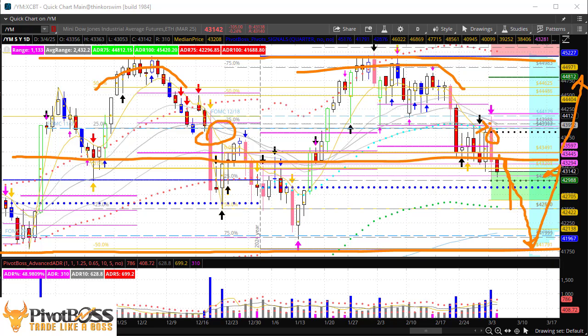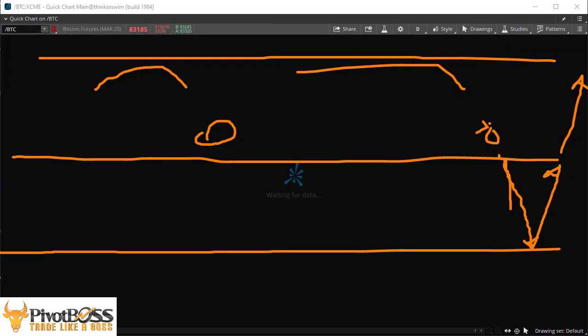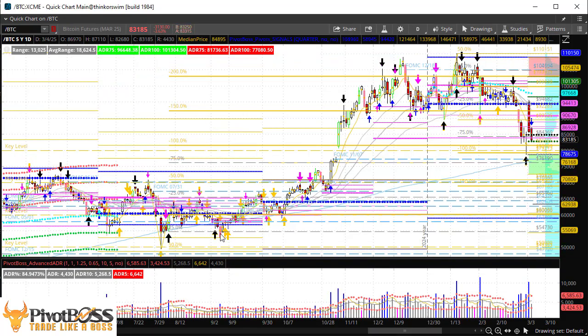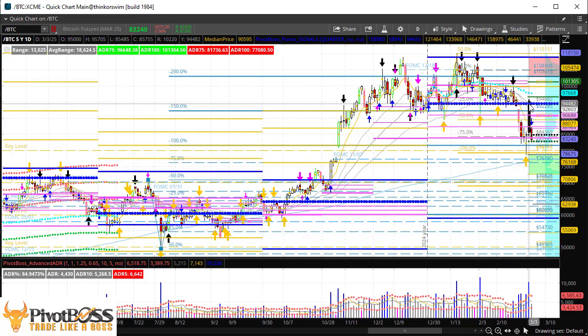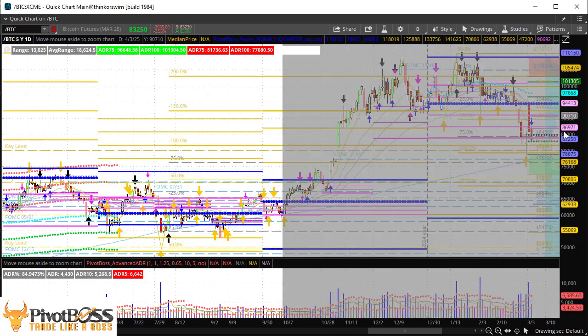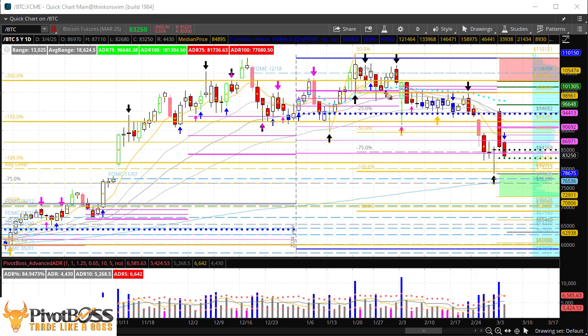All right, looking at Bitcoin. Bitcoin here with a huge gap up, news-related gap up there, but was not able to hold those gains. This thing was up 10-12% at the open. A lot of crypto-related stocks were up as well, and slowly but steadily throughout the day this thing gave it back, filling the gap all the way back down,